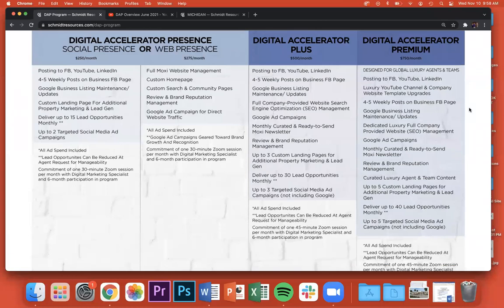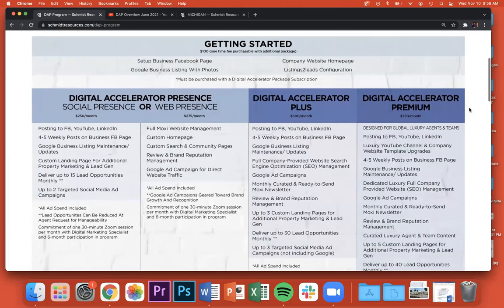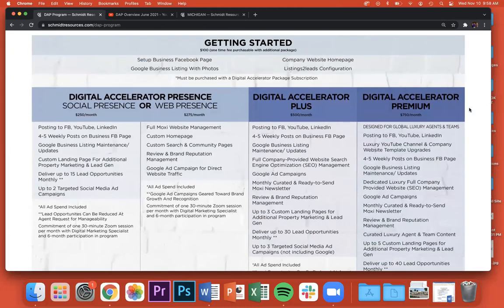Accountability for us is huge. So, we'll talk about that more in a moment here, but before we move on to that section, does anybody have any questions so far about the programs, about the levels,